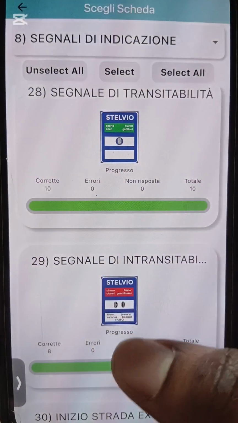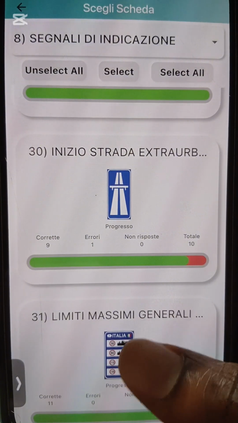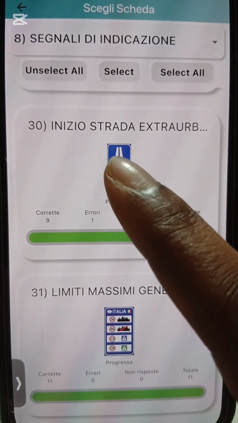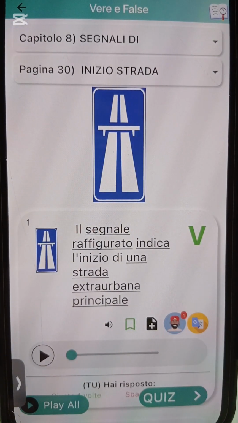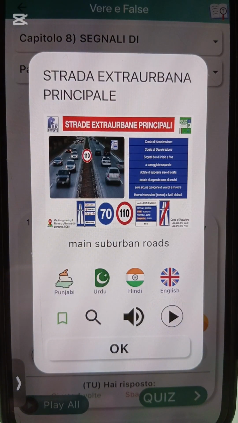Alright, so we have done the quiz of this number 29. So this one now, number 30. It is the "inizio di strada extraurbana principale". The starting of what? Suburban road or semi-highway. That is the name I call it. I gave it that name because autostrada is highway, and this one follows the autostrada, so it is the semi.